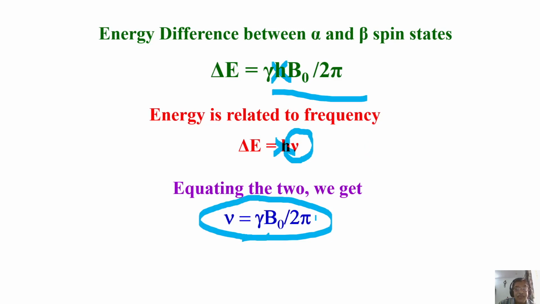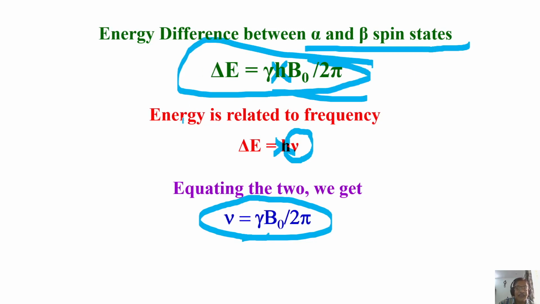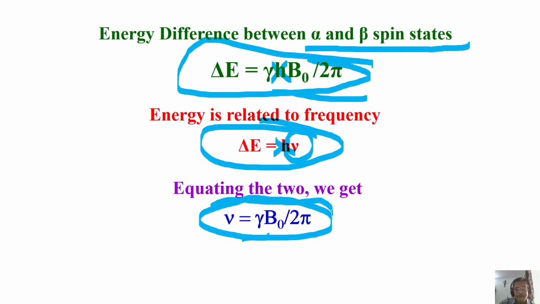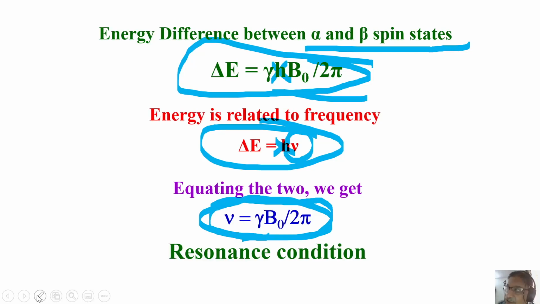Remember, this is the basic equation, very, very important. Don't forget this. I am equating the energy separation of the alpha and beta state, which we calculated based on the interaction, to the frequency to convert it into frequency. Now I know that the energy difference when expressed in frequency turns out to be nu equal to gamma B naught over 2 pi. This condition is called the resonance condition. This is a resonance condition, a very important condition. You require this very often in NMR. And this is the equation which has given several Nobel Prizes for NMR spectroscopy to the pioneers.